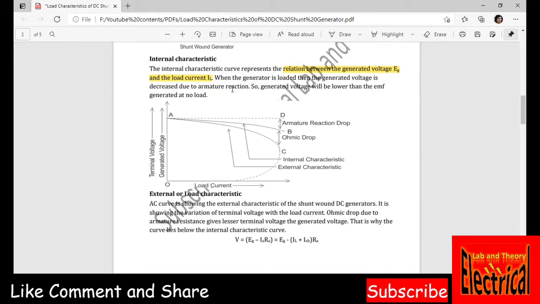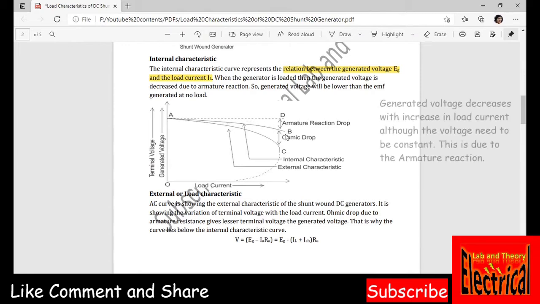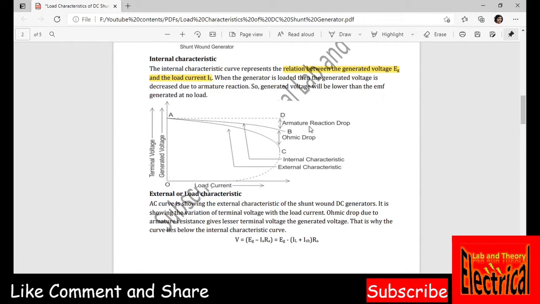So for this DC generator, what happens in internal characteristics? The generated voltage decreases due to armature reaction. Okay, so after some time you will find that the generated voltage will go on dropping. So this drop is due to the armature reaction. Here you can see the armature reaction. It is slightly drooping, not too much drooping. Okay,